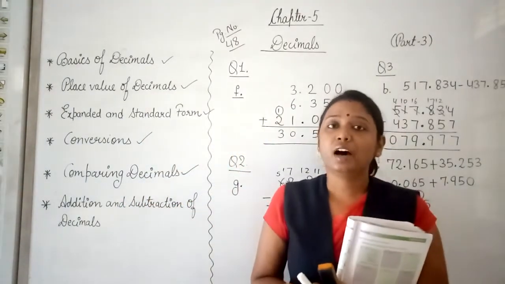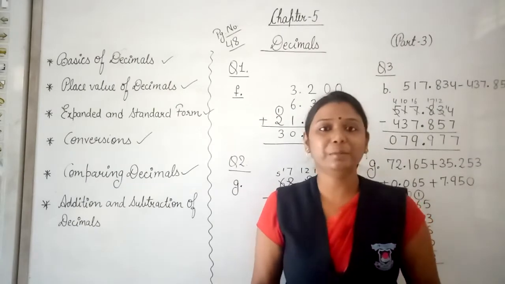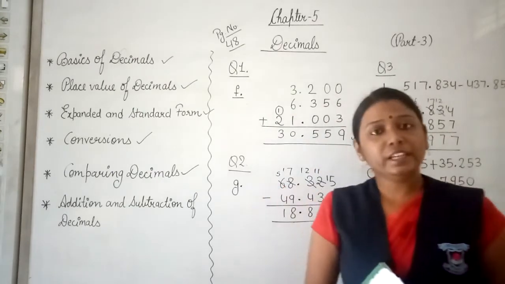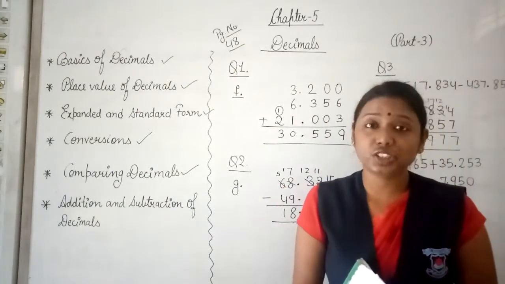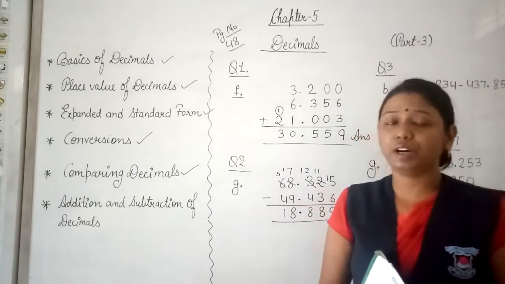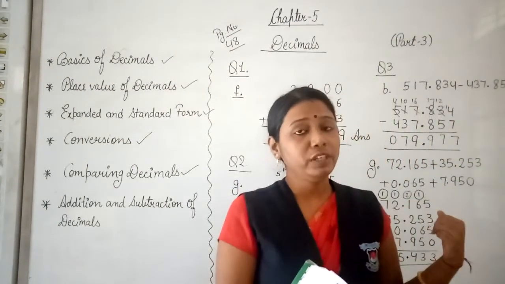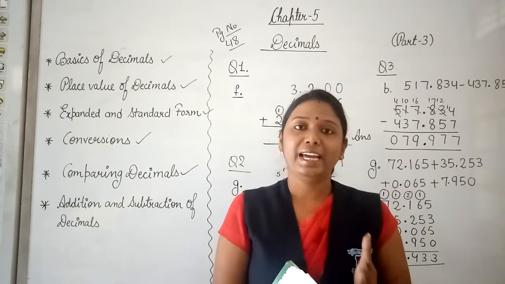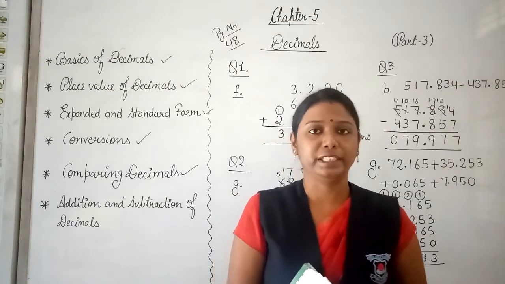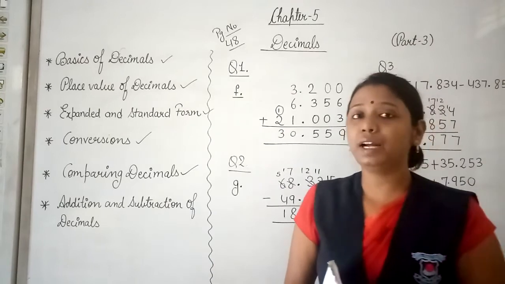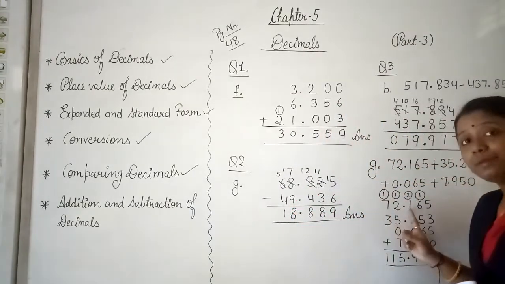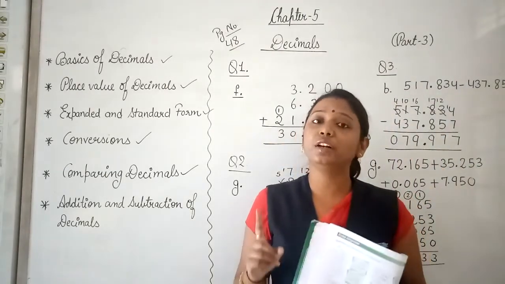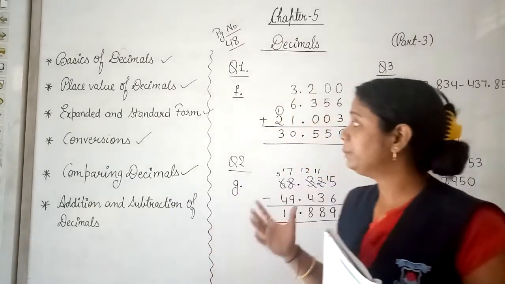So you have seen how easy it is to add decimal numbers. It is just the same as we add or subtract counting numbers. The only thing which we need to take care of is while arranging the decimal numbers. So whenever you see that the number of digits after the decimal points are not the same, you can make them the same by adding 0 after the decimal point. And then you can arrange the numbers, but take care that you arrange the decimal point under the decimal point only. If you follow this instruction, you will not commit any mistake and you will be able to solve the question.